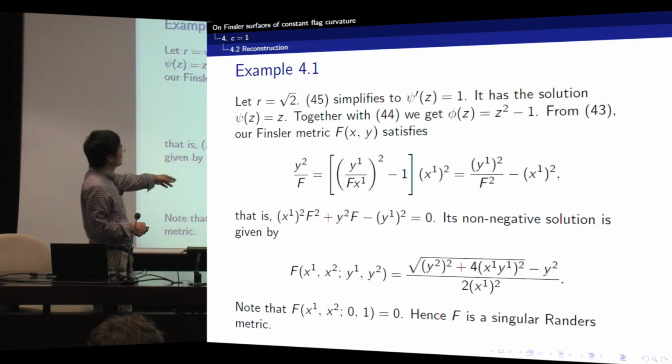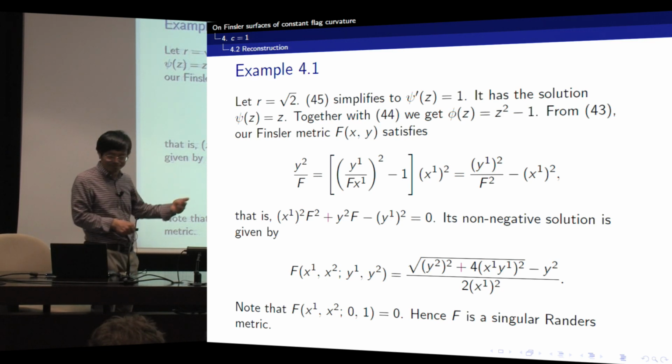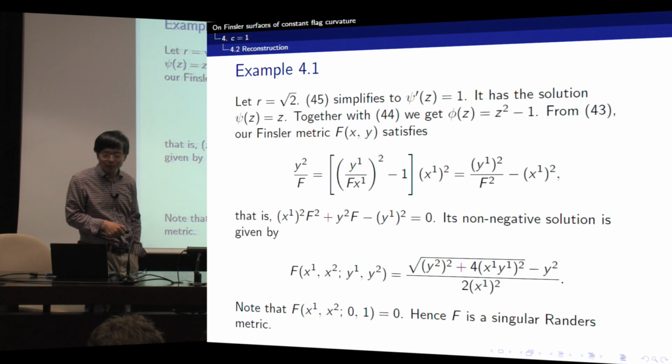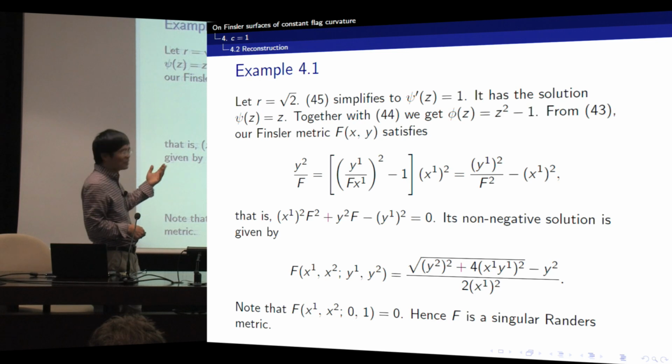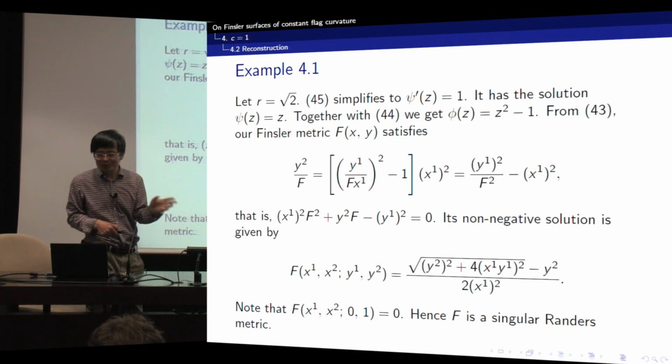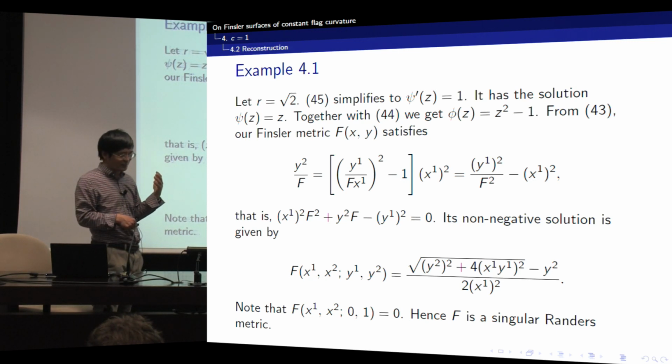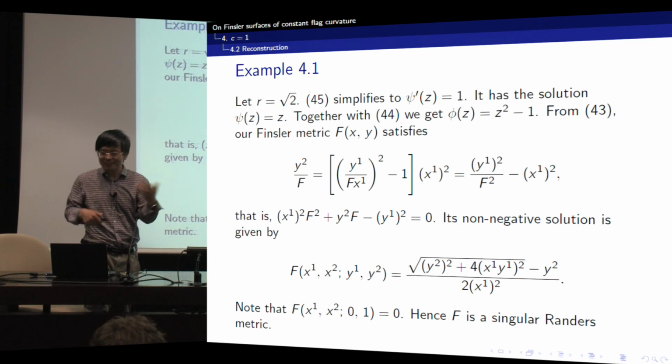Yes, in this case the curvature is positive. But the Killing vector field you use for the transformation should have constant length because it passes through 0. This is a generalized Finsler surface, not a regular one. Just before, Robert Bryant said this is a generalized Finsler surface, not regular.